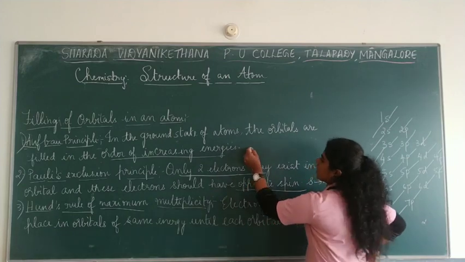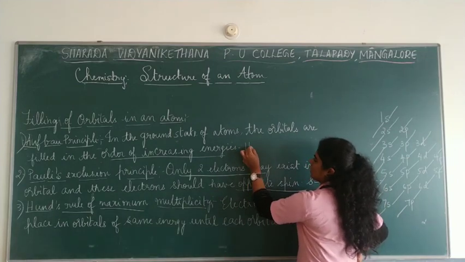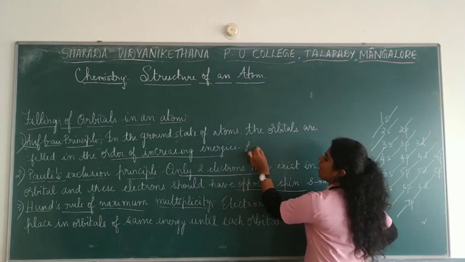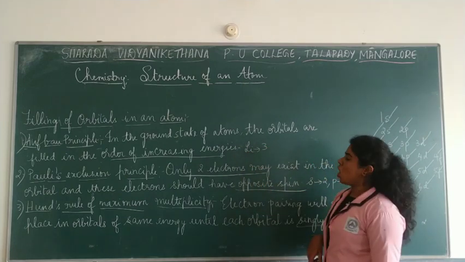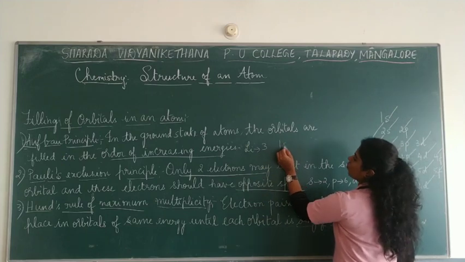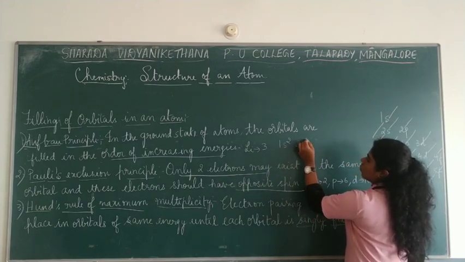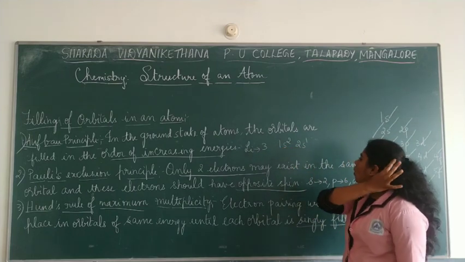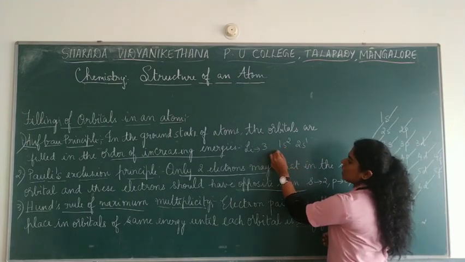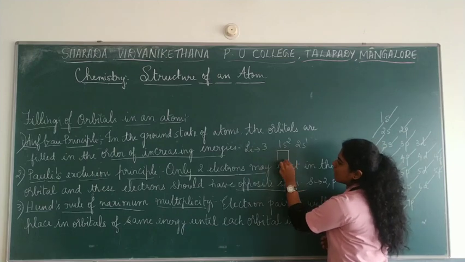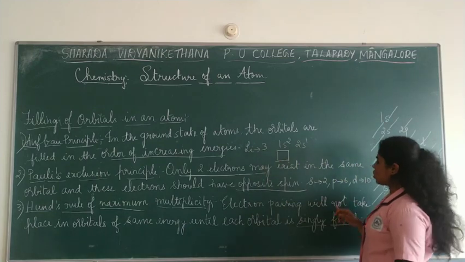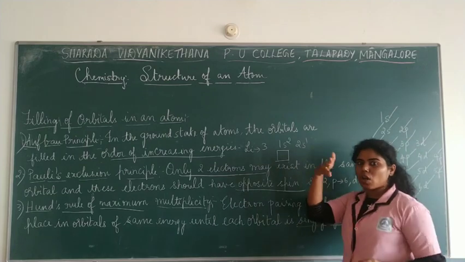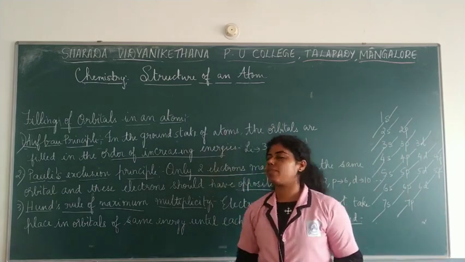Now let me take an example. Let me take helium or lithium. Lithium's atomic number is 3, right? So how will you write the electronic configuration? 1s2, 2s1. Listen to me properly, 1s2, 2s1. Now 1s2 in the sense, here S contains one orbital, P contains 3 orbitals and D has 5 orbitals in that way.